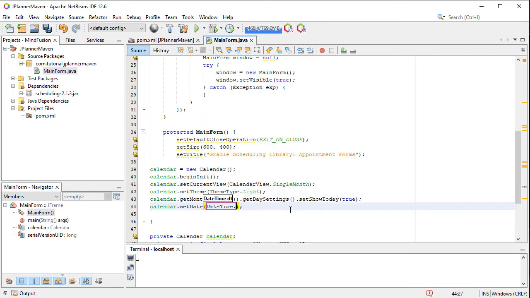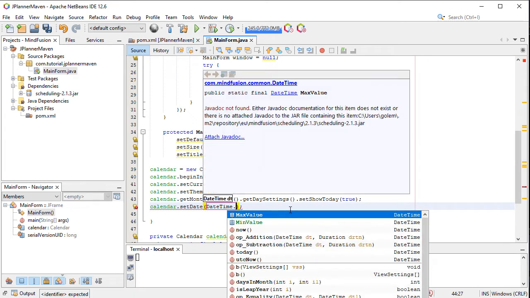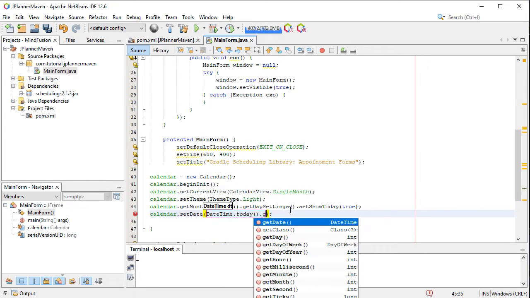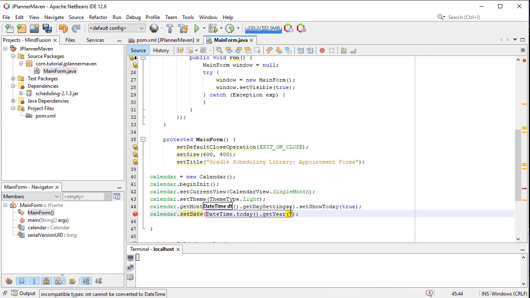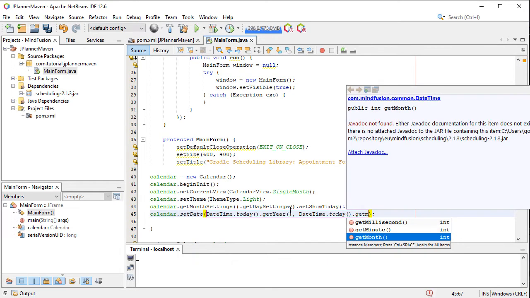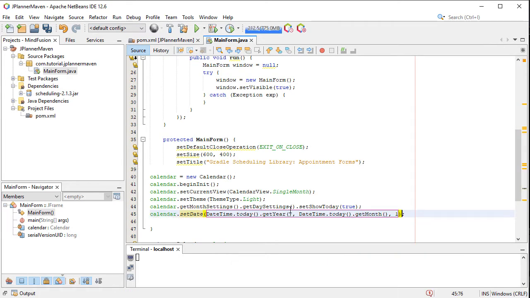Then we set the month that will be rendered. We use the datetime class and its static today method to get the year and month of the current day. Then we set the start of the month to be the first day and the end to be the 28th day.